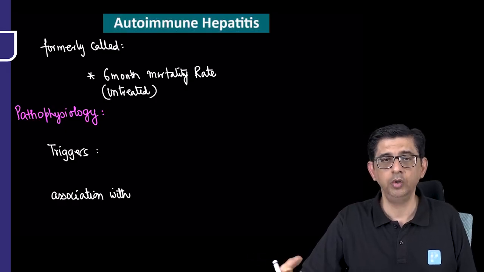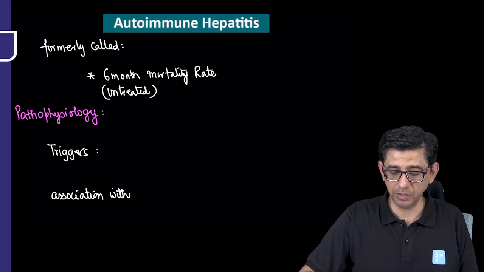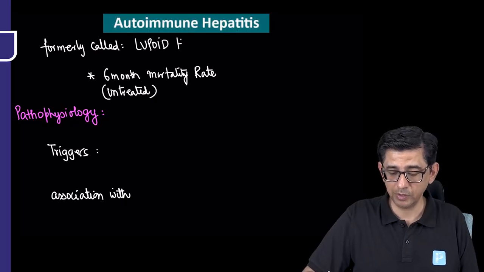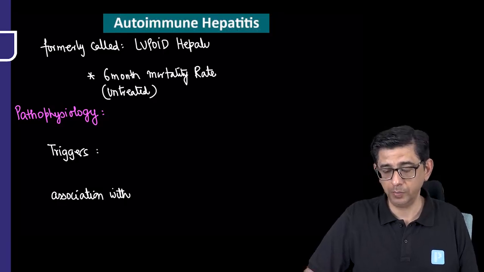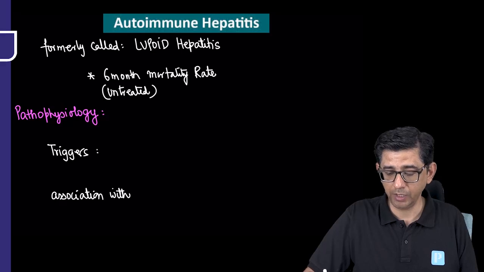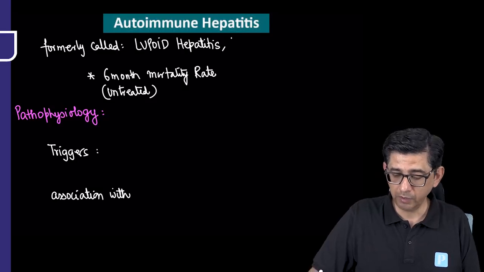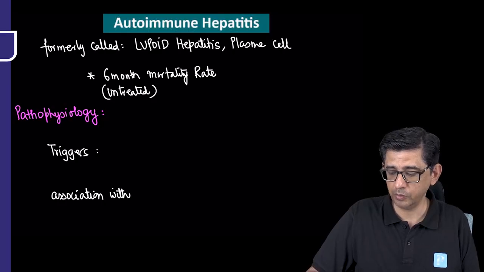hepatitis. Now the older term that is used to describe this condition formerly was lupoid hepatitis, and you will realize the reason for this because in the later part of the discussion I'll be telling you that type 1 autoimmune hepatitis will be having anti-nuclear antibody positive, which is why this term came up. An alternative term again being discussed is called plasma cell hepatitis. Now the reason why I've described these terms is for those integrated kind of questions where these pathology terms may